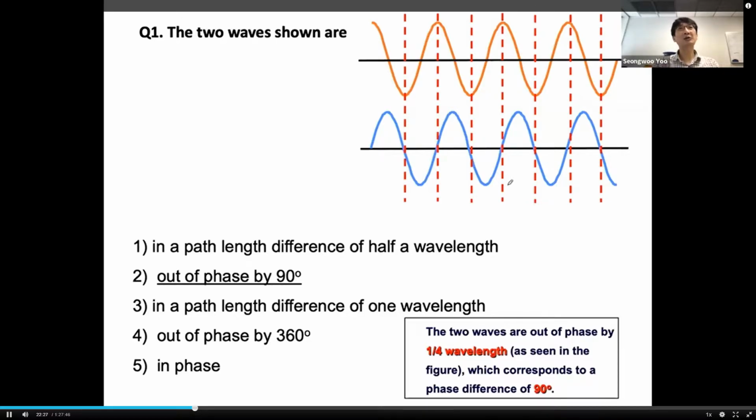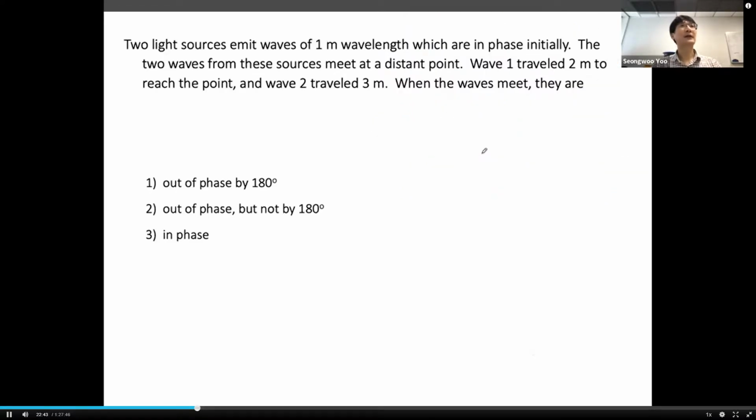You can also compare the wavelength from here to here. It's 1/4 of the wavelength difference. All right, so you can actually relate the wavelength to the phase, which is going to be 90 degrees or 1/4 of the wavelength. Now the two sources emit waves of 1 meter wavelength, which are in phase initially,